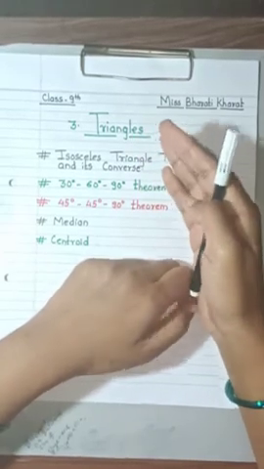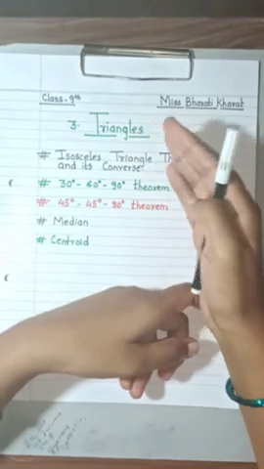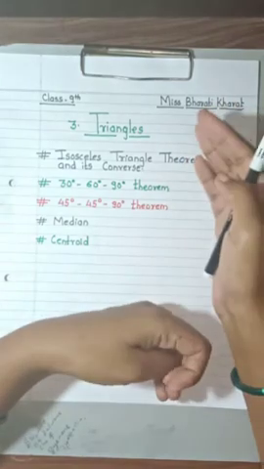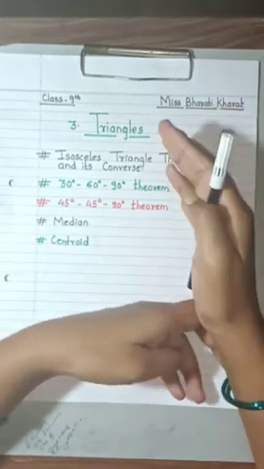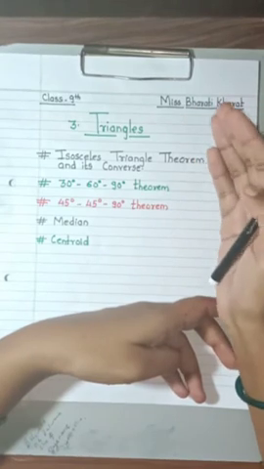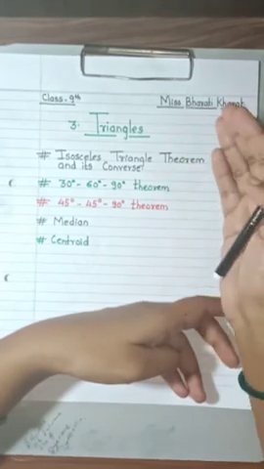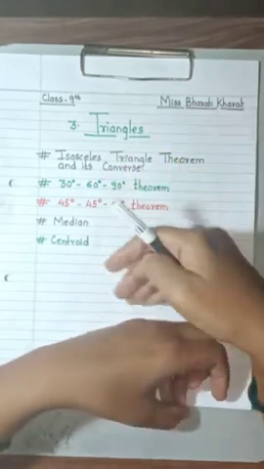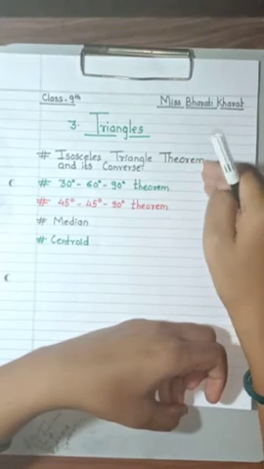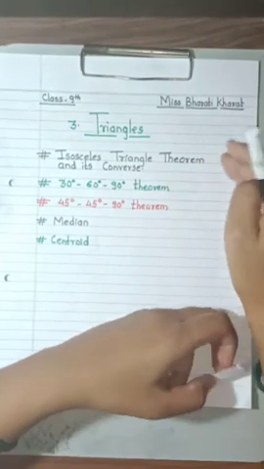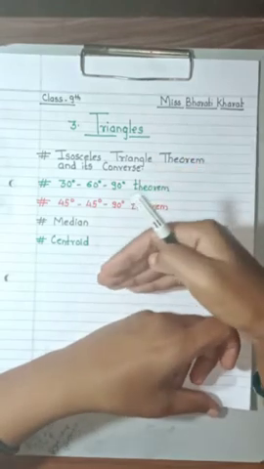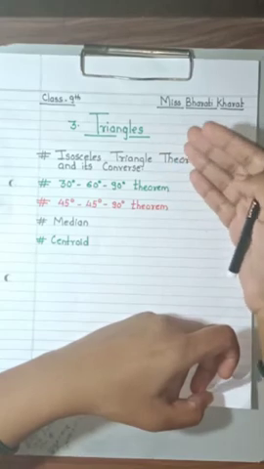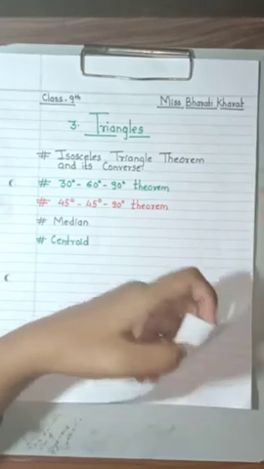In the last session we studied practice set 3.2 as well as the basics related to it. In today's session we are going to study the isosceles triangle theorem and its converse, the 30-60-90 theorem as well as the 45-45-90 theorem. We are also going to study what is median and centroid. All this is the basics for practice set 3.4. Once you learn these basic things, it will be easy for you to solve practice set 3.4. So without wasting our time, let us start with the isosceles triangle theorem and its converse.